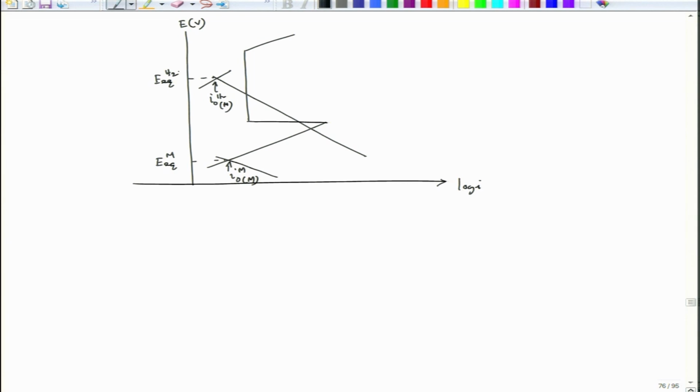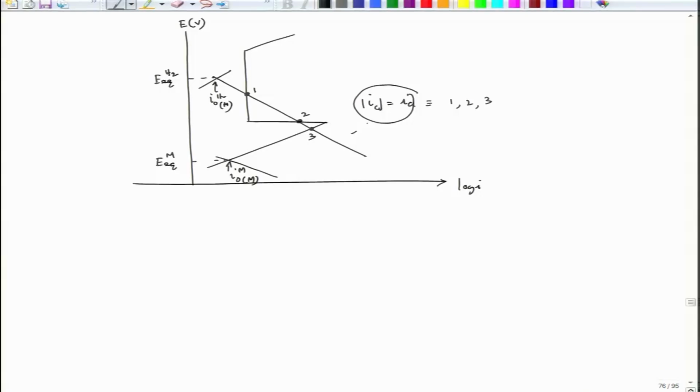In this case, where I could see 3 points, this is one point, this is another point and this is another point, this is 1, 2, 3 points. I can have all 3 points, I can have 1, 2 as well as 3, all 3 points I can have this particular condition meeting. So, that means now where should I go? Okay, where in the free corrosion condition, where would it stay? Now, this is a tricky situation and this particular condition can actually explain